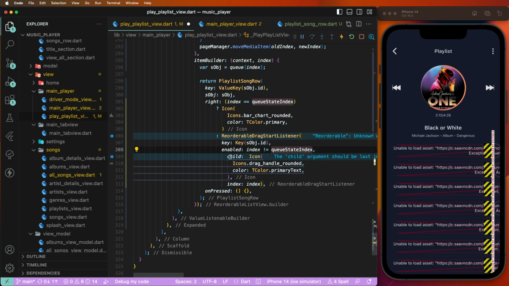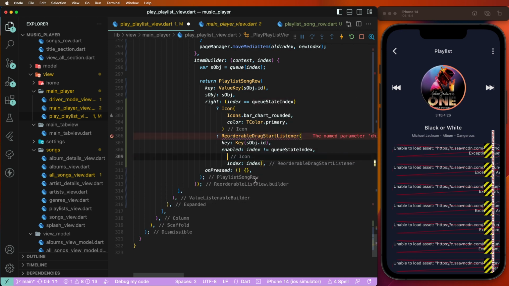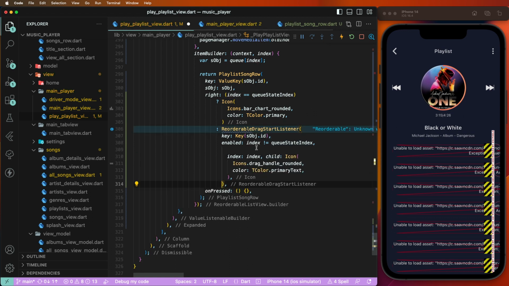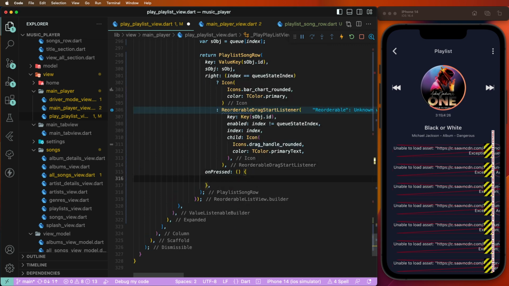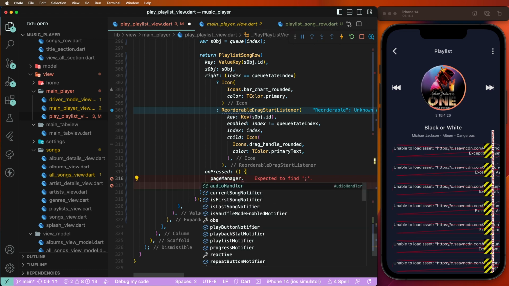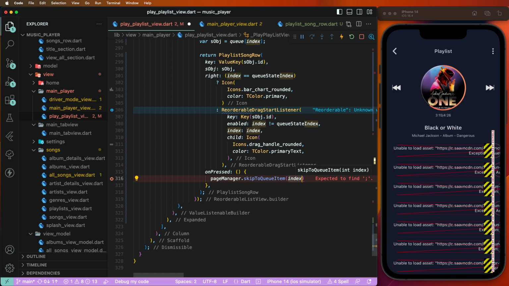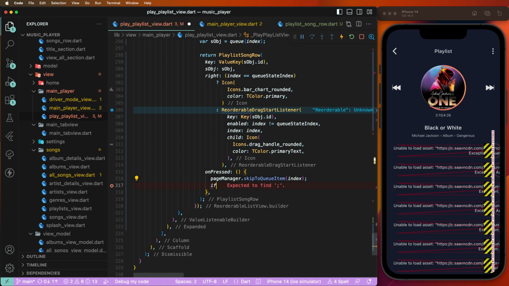Maybe you need to set this here and fix this warning. Now we need to set the on press event. First of all, we need to call the page manager's skip to item, set the index, and pass it here. Now we need to check the playlist manager's